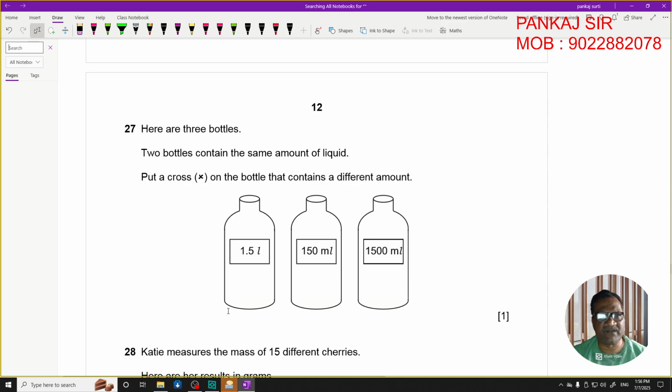Now question number 27. Two bottles contain the same amount of liquid. Put a cross on the bottle that contains a different amount of liquid. Okay, so you can see this 1.5 liter and